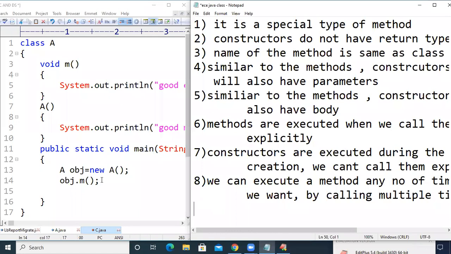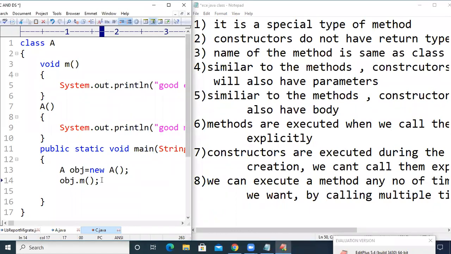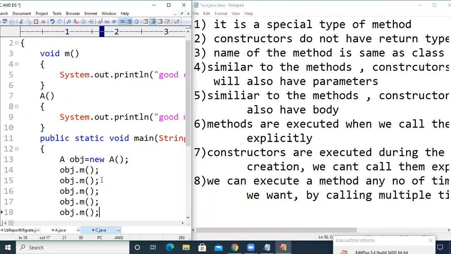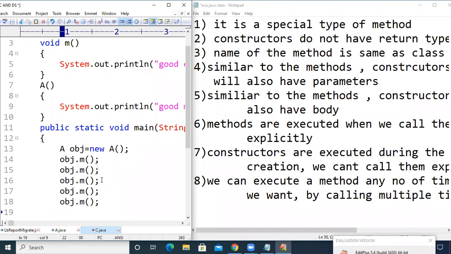See here, if I want to execute the method m for 5 times, I can execute it by writing the statement obj.m 5 times. So 5 times the method m is going to be executed.